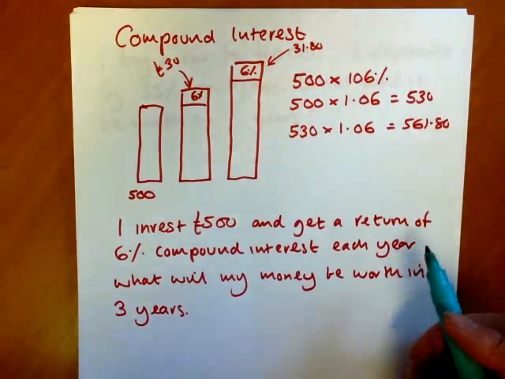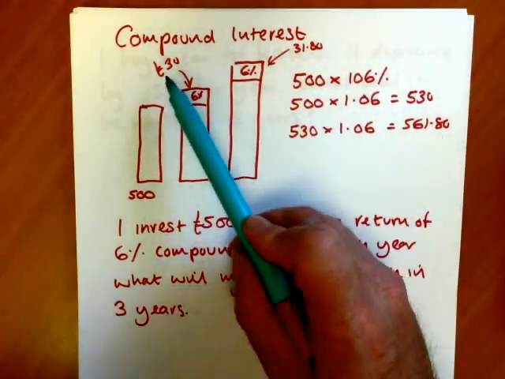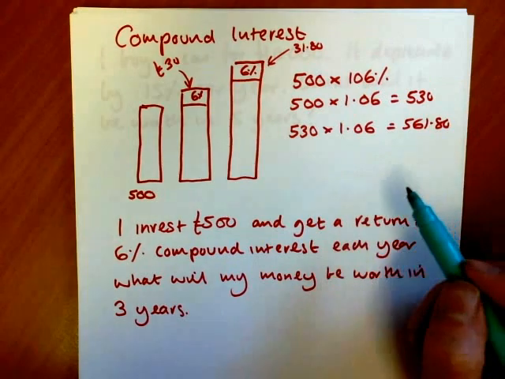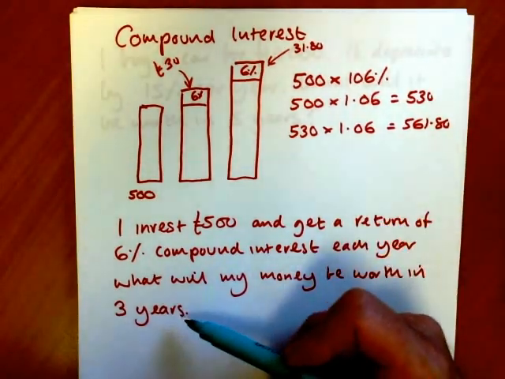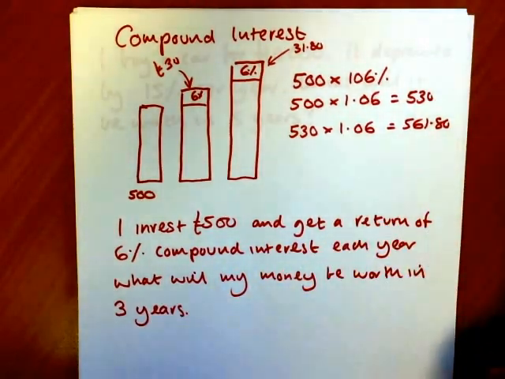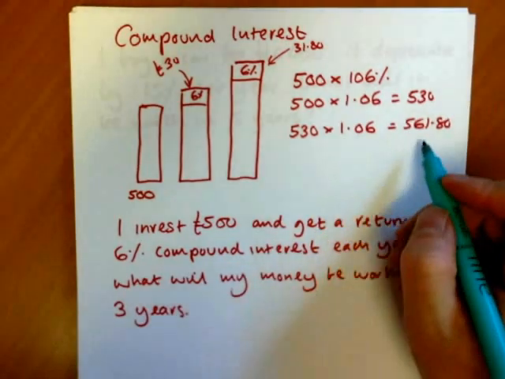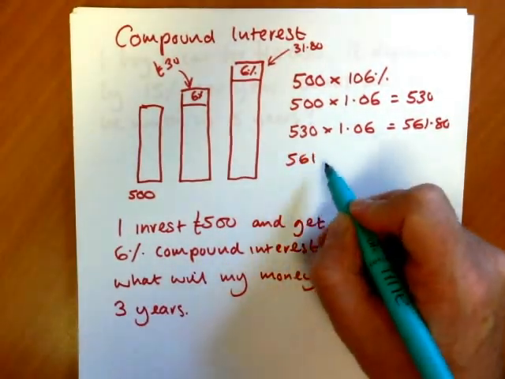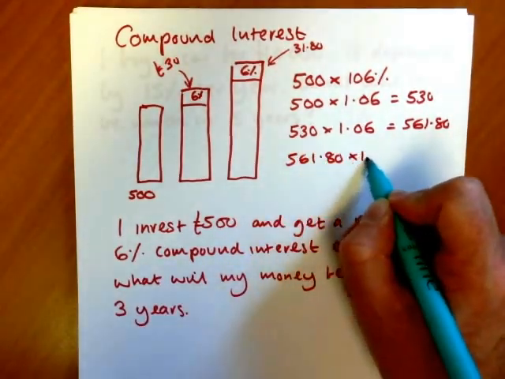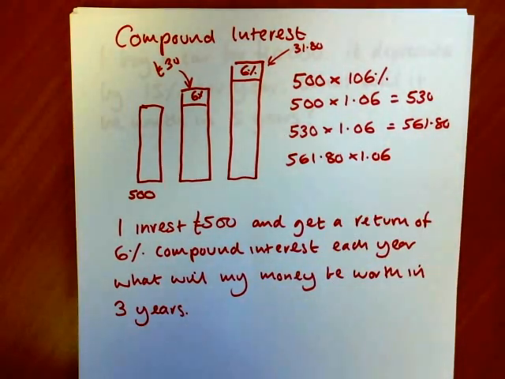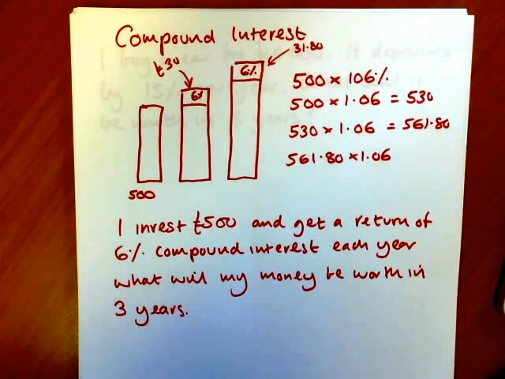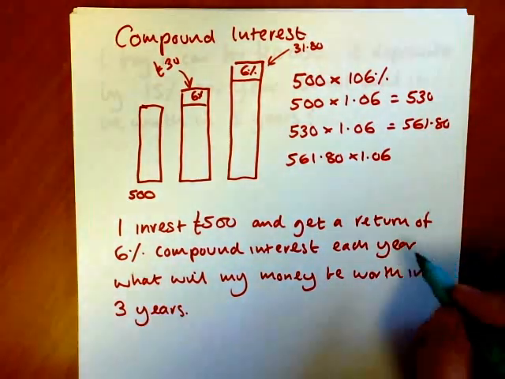So some people seem to think that, you know, if 6% is 30, then we just do 3 30s and say that we'll get £590 back after 3 years, but that wouldn't be compound interest. That would just be 30% of the first year amount 3 times. So if we go again, if we take the 561.80 and times that by 1.06, we'll find out what our money is worth after 3 years. 561.8 times 1.06. And so we end up with